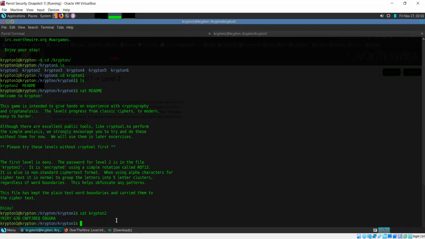So let us see how we can change that. There is a command called tr, or translate. We can use this command to reverse a ROT13 encryption